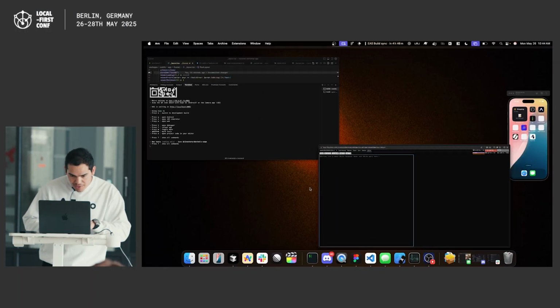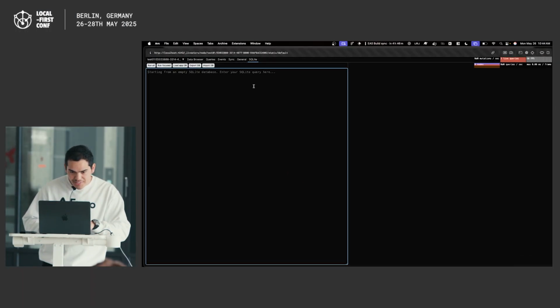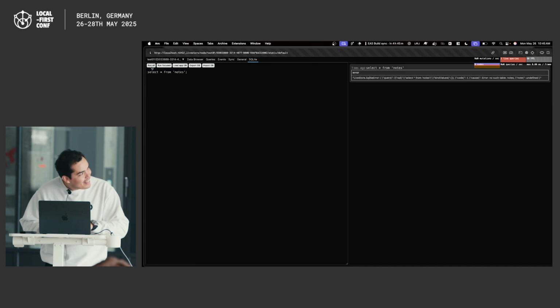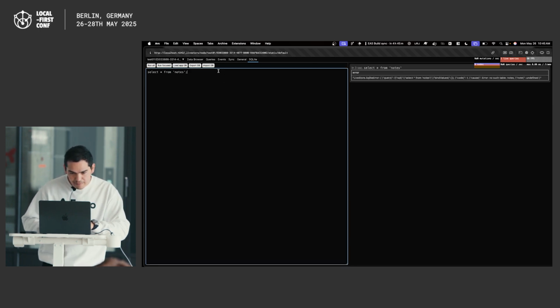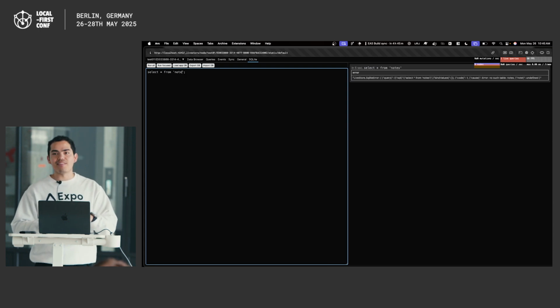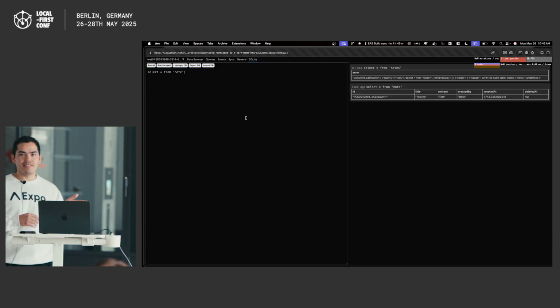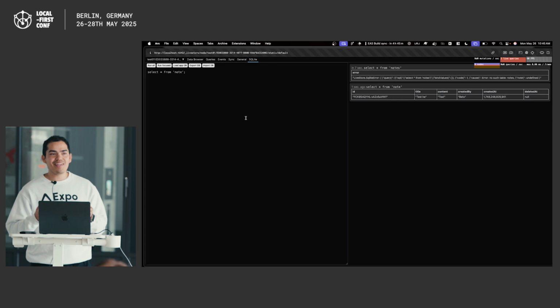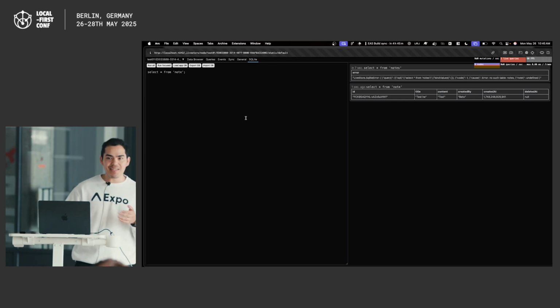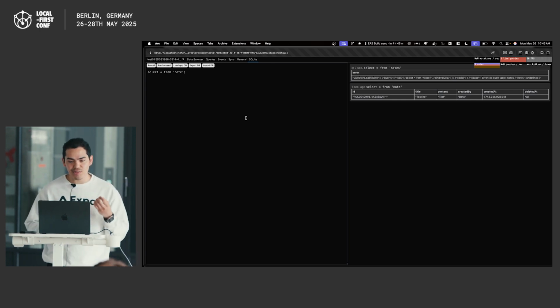I want to show how you can load the database here in the SQLite, and you can start running stuff like select all from, I think it should be nodes, like this. And yeah, I think it is nodes without the S. And you can see the results right there in the DevTools. So I really like this because you don't really need to have the app running. If you really want to inspect the data, you can just open the DevTools